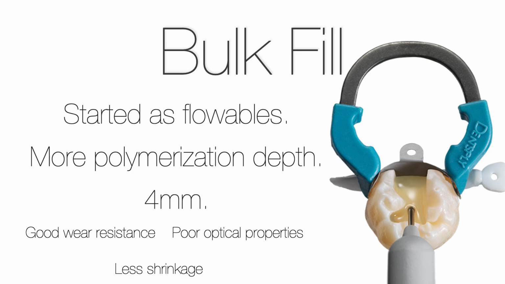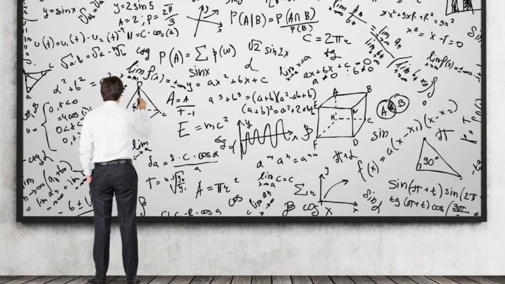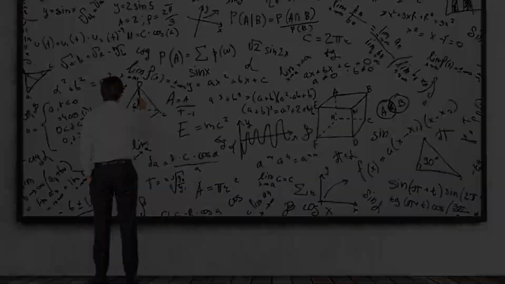Now we can have them in condensable as well. So we try to use the flowable ones as a base of our restorations and leave the stratification of the more occlusal part with thinner layers of condensable composite, or if we are using condensable bulk fills, then we can fill the entire cavity with it. So knowing the classification and the composition, there's something they all have in common: the problems.